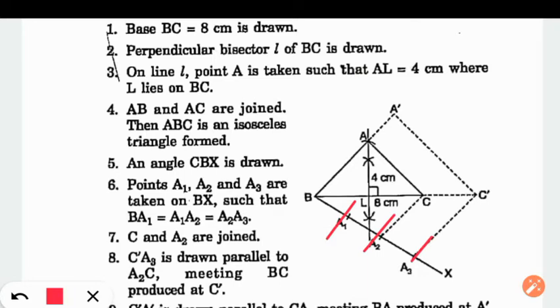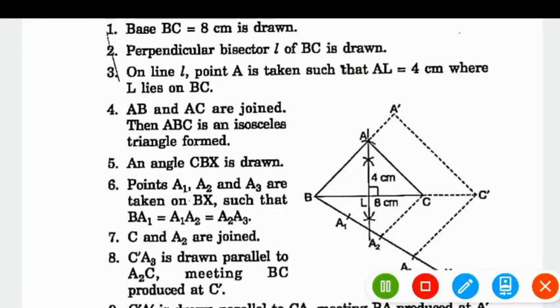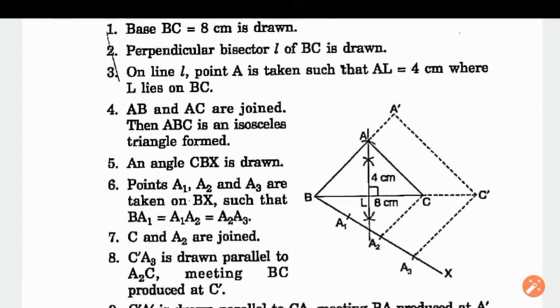Done. Now what is the scale factor? The scale factor is 3 by 2. So the greater among 3 and 2 is 3. So Bx is drawn, and Bx is divided into three equal parts. Now what is the role of 2? Among the scale factor 3 by 2, we have used 3 as we have divided Bx into three equal parts. Now what is the role of 2?